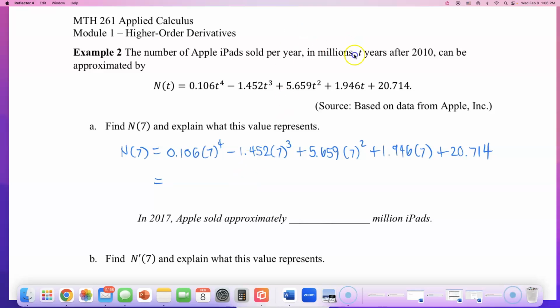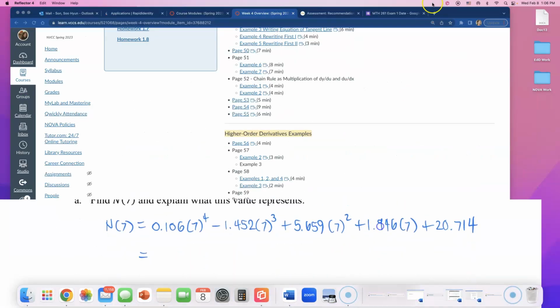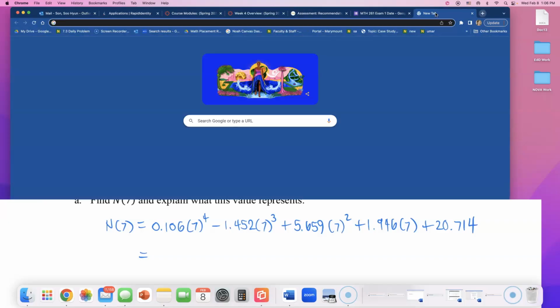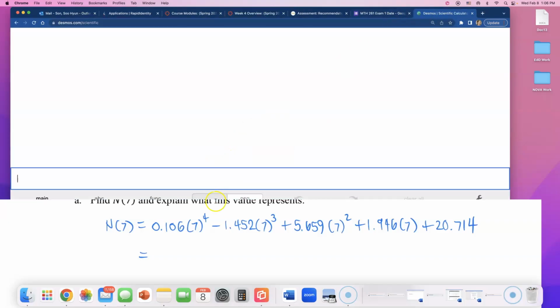So let me go ahead and type this into a scientific calculator. I'm going to open up Desmos Scientific and type in 0.106 times 7 to the 4th power minus 1.452 times 7 to the 3rd plus 5.659. Now I hope I'm not making a typo. If I make a typo, you will email me and tell me, okay? I think I got it though. So I got the number